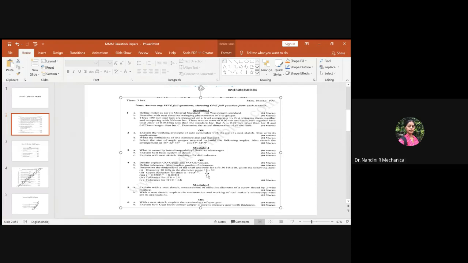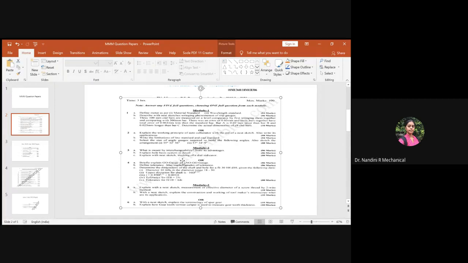So by default, you'll be getting one numerical, so you should get prepared for solving the problems. You'll be having one question related to theory, and the other question will have a numerical part. It could be for 8 or 10 marks. In this pattern, they have asked you for 8 marks the shaft basis design problem. Along with that, you have a theory part over here.